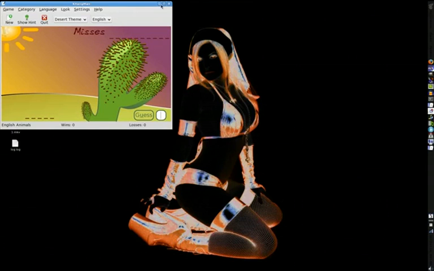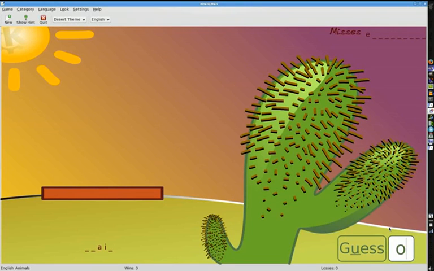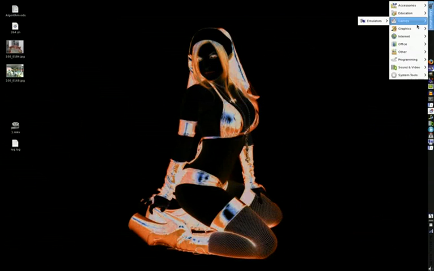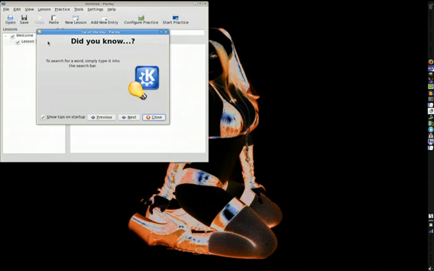Hangman, it's a good old-fashioned game of Hangman. Kind of hard to guess what Hangman's all about. You start out by typing a letter in the box. Huh. That's funny because the first time I didn't actually have to hit enter. I just hit the key and it would auto submit it. That's kind of interesting. Well, anyway, you can switch the theme on Hangman too. And then I'm not going to cover this one. This one is pretty much just like